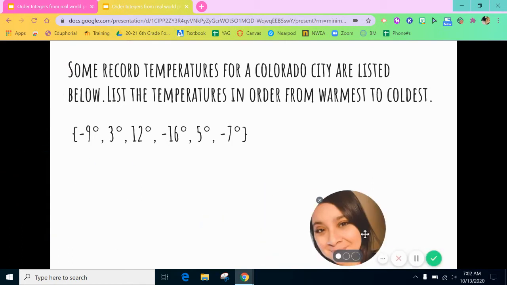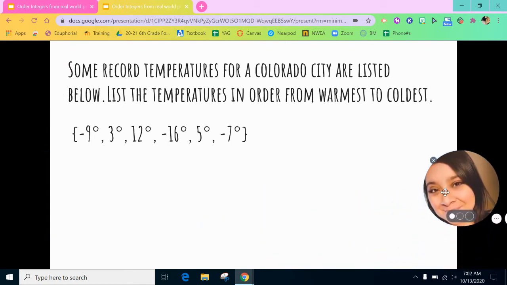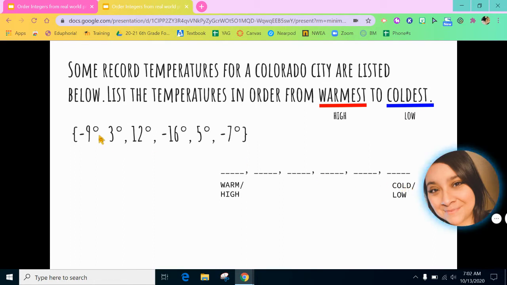All right, some record temperatures for Colorado City are listed below. List these temperatures in order from warmest, which is our high temperatures, to coldest, which are our low temperatures. So here's our little list. There are 6 numbers, so I have 6 spots. We're going to start with our warmest temperature, which is our highest, and we're going to go to our coldest,